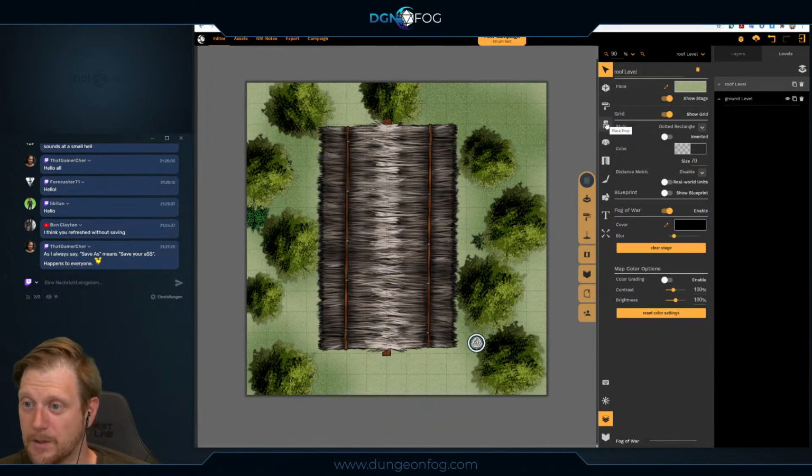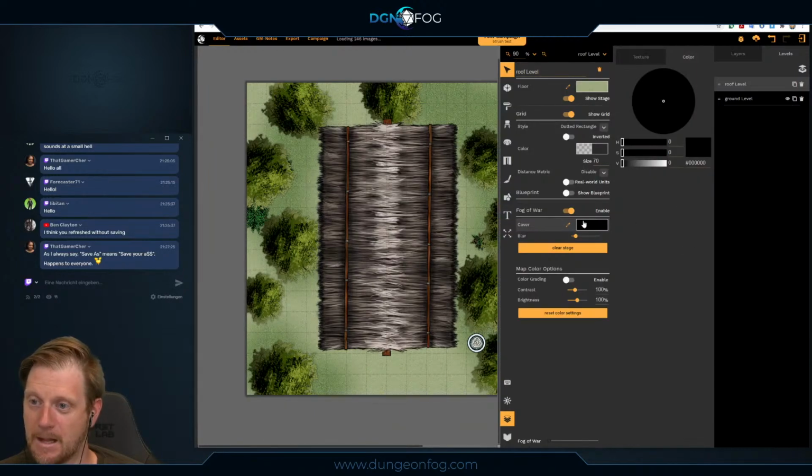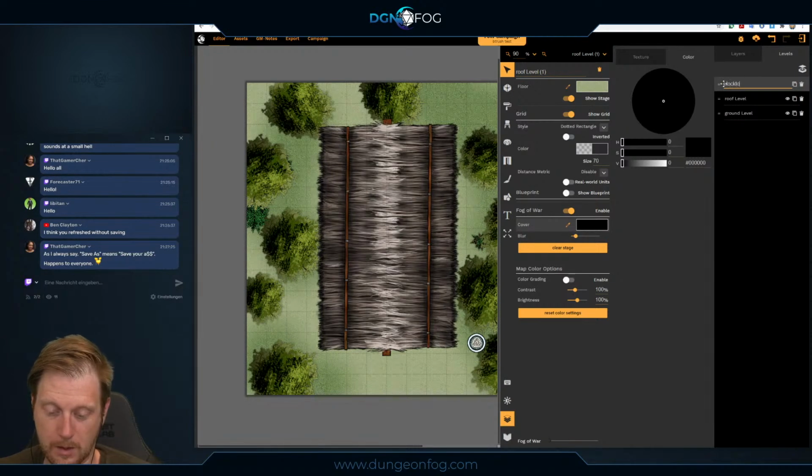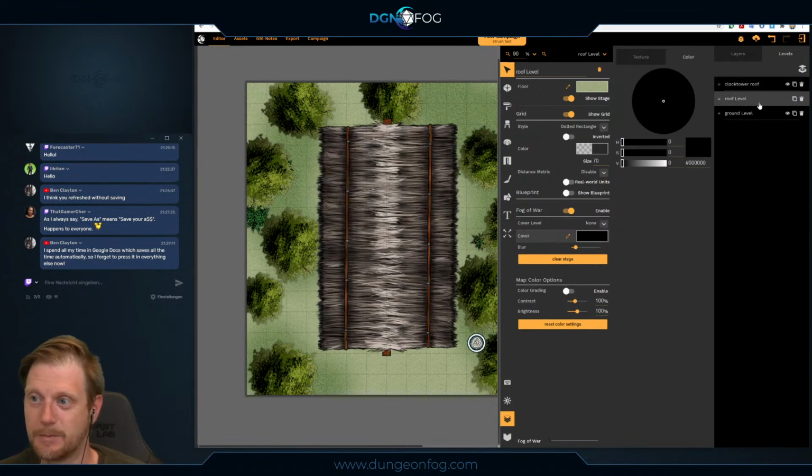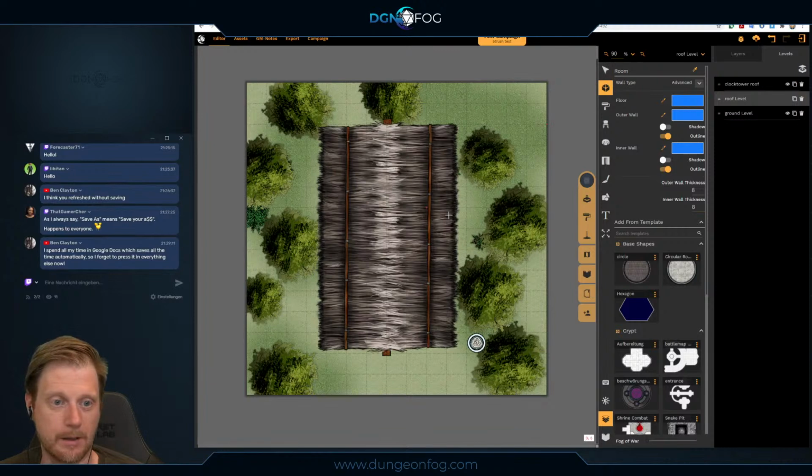But on the roof level, let me see, the fog of war needs to be, yes, it needs to be active, but we're going to pick a cover level. Once we have a level above, which means we're going to duplicate that one. This is going to be the clock tower roof, okay? Which means that on the roof level, I should have added my